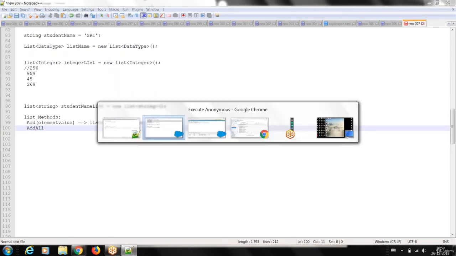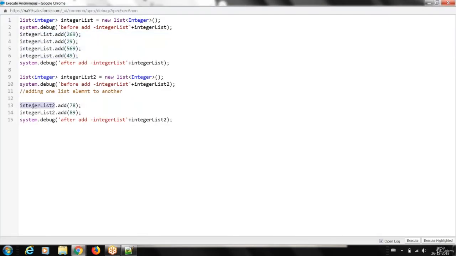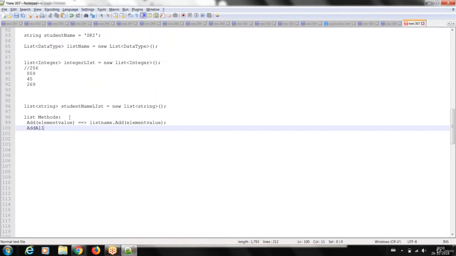Which list do you want to add? I want to add the list of elements from this integer list to integer list 2. Syntactically, it is destination list dot addAll source list.